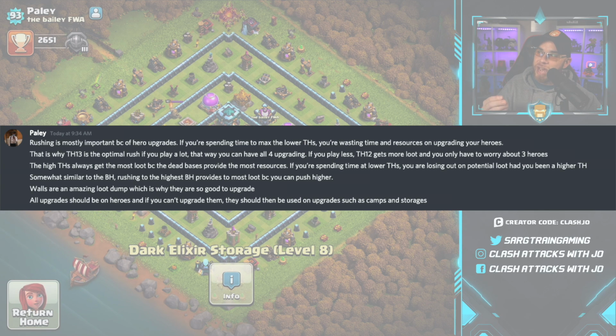If you play less, Town Hall 12 gets more loot and you have to worry about only 3 heroes. The high town halls always get the most loot because the dead bases provide the most resources. If you're spending time at lower town halls, you're losing out on potential loot had you been at the higher town hall level. Very similar to the Builders Hall rush when we were trying to accomplish the task of the